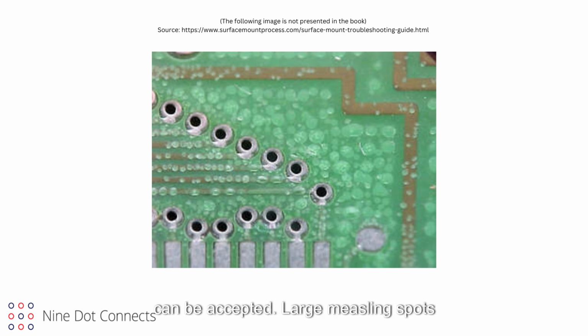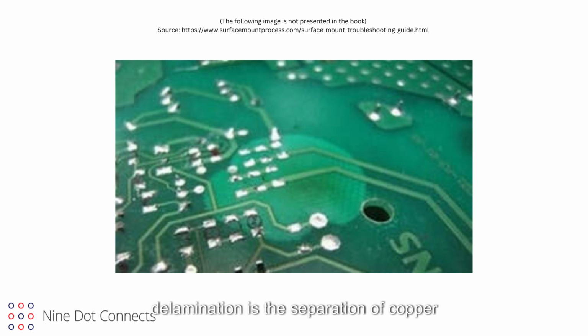Large measling spots can point to possible delamination, which is not acceptable. Large measling spots can also create impedance discontinuities for high-speed signals. Wide gaps in the weave of the fiber fabric can cause impedance problems for high-frequency signals. Delamination. Delamination is the separation of copper and dielectric materials. It can be caused by improper curing of the prepreg epoxy, or caused by moisture between the layers of the